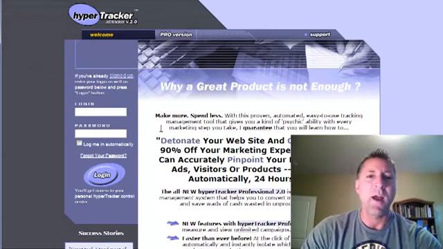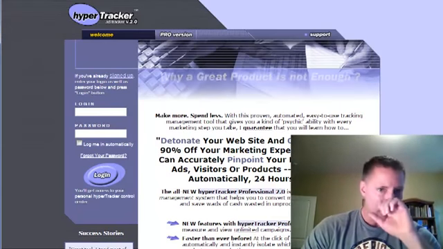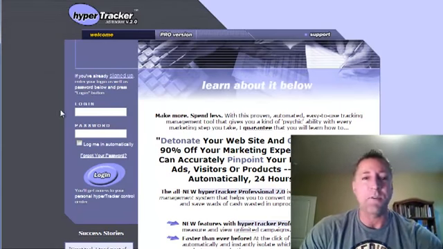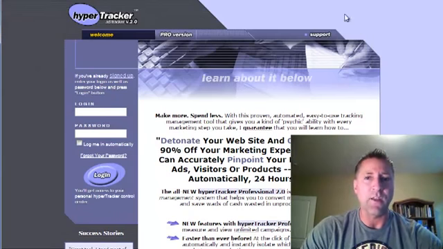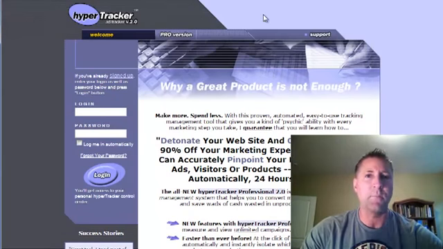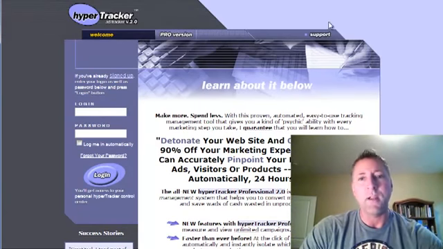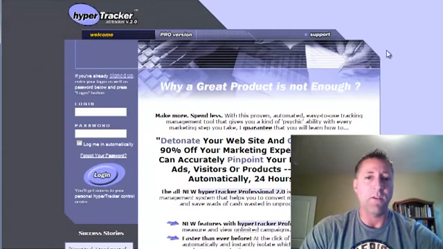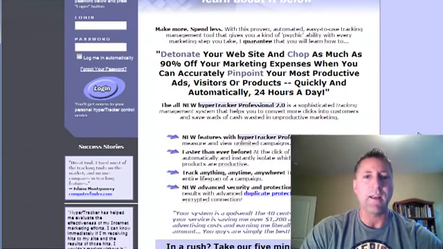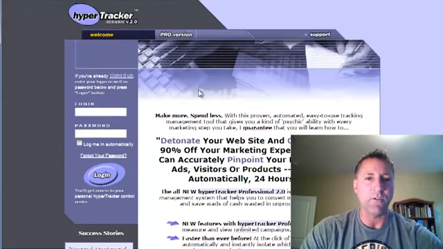Okay, so I'm not going to go into HyperTracker. In fact, I don't personally even have a HyperTracker account because I don't use it. I use a different service, which is a piece of software that I host on my own domain. I don't necessarily recommend it because it's more expensive to do that. HyperTracker will totally suffice for what you're doing here with this. And it's very easy to use. You just follow their instructions.